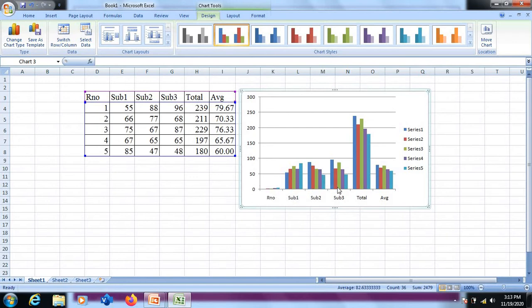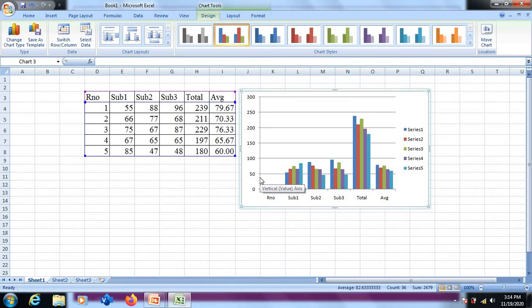If you look closely at this chart, you'll understand that at the x-axis we have all these column headings: roll number, subject 1, subject 2, subject 3, total and average. This is where the column starts. These are called column headers. So at the x-axis we have the columns available, and at the y-axis we have the values available, that is the rows available.